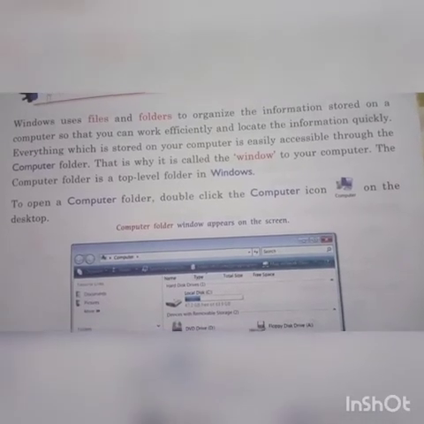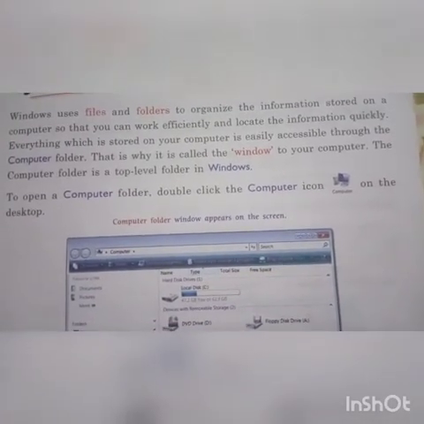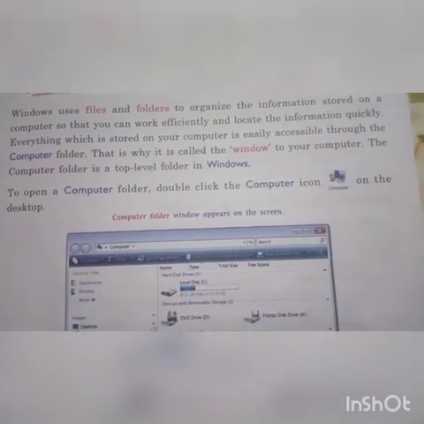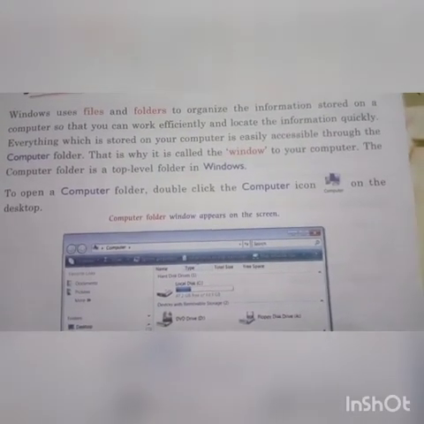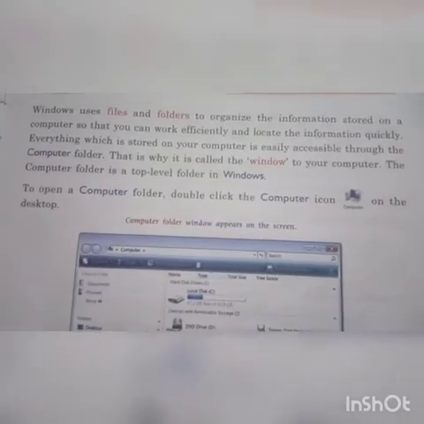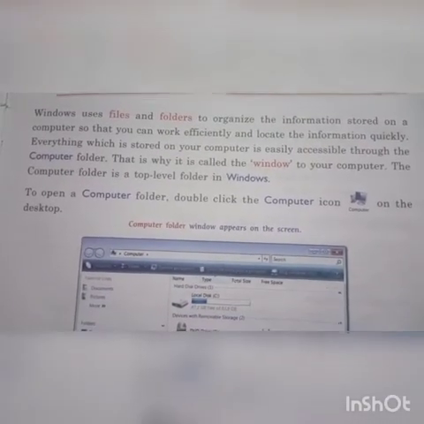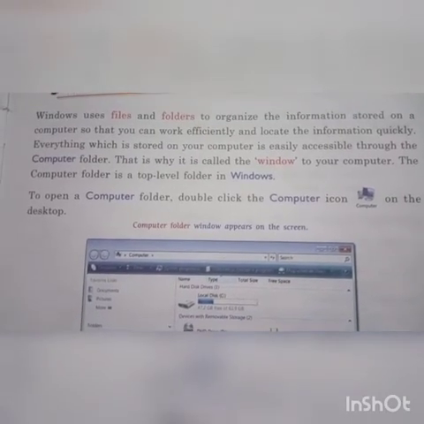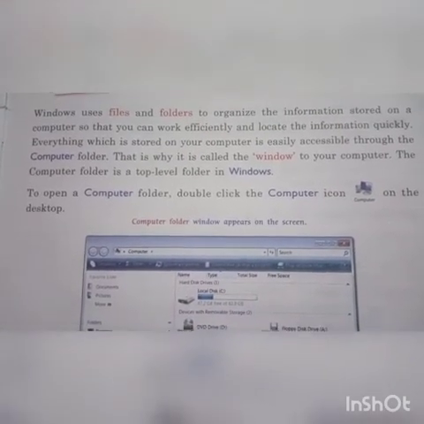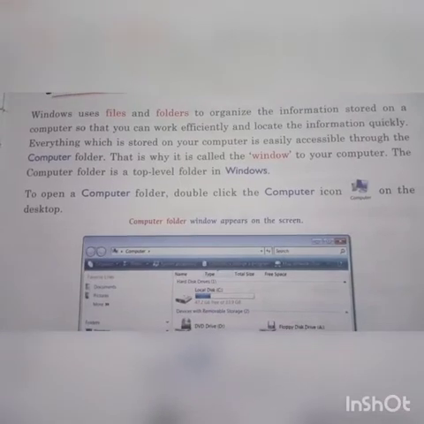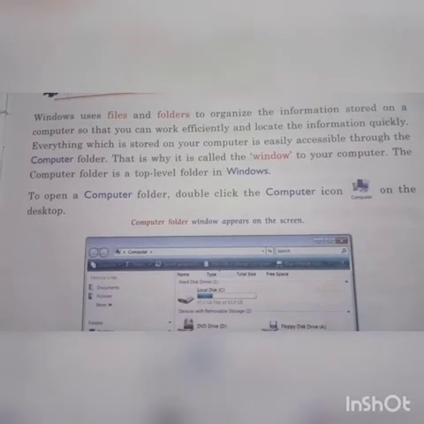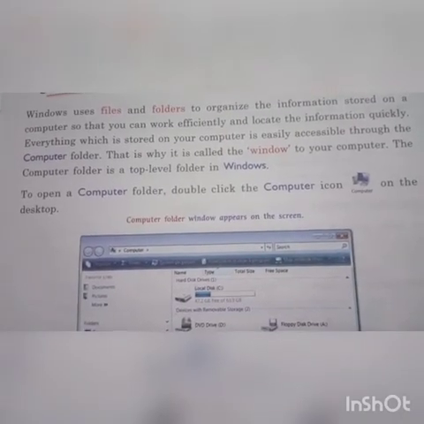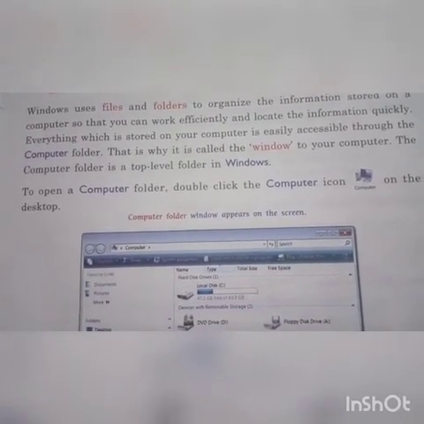If you have stored your information in the form of files and folders, you can easily access your information at any time and very quickly. No need to search here and there. You can see a Computer folder on your desktop in every computer.